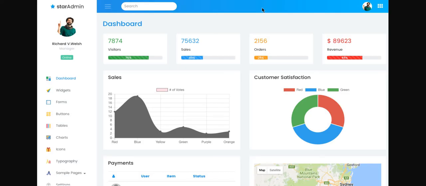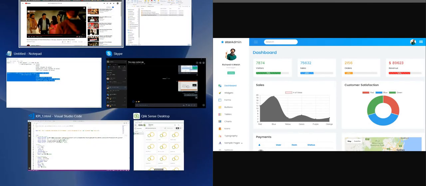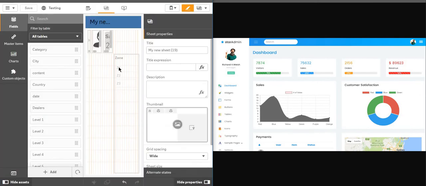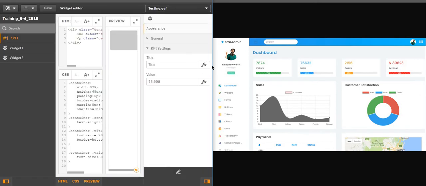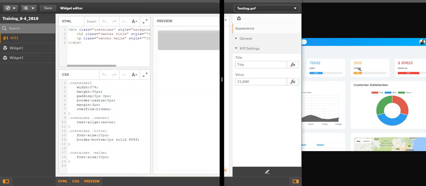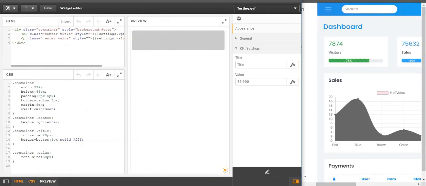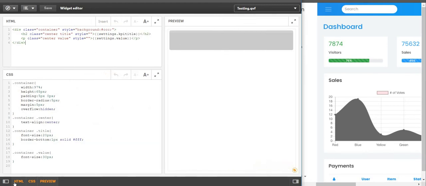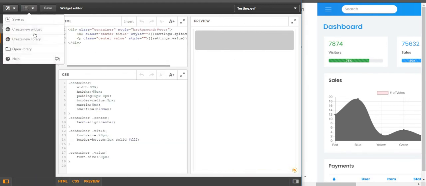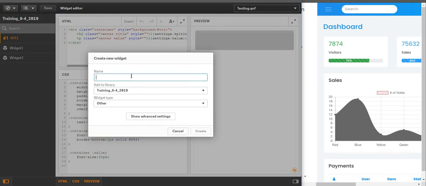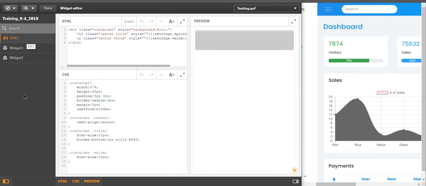So what I can do is go here. I'll just say like this. Turn this off, turn this off. So I'll make another object, a new widget, which is KPI 2. Okay, create,